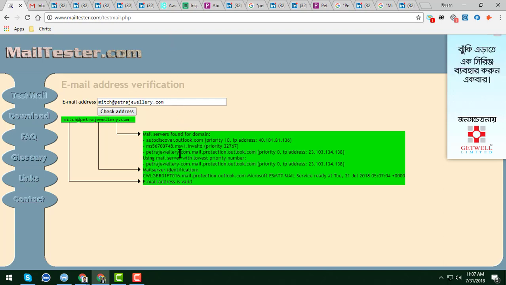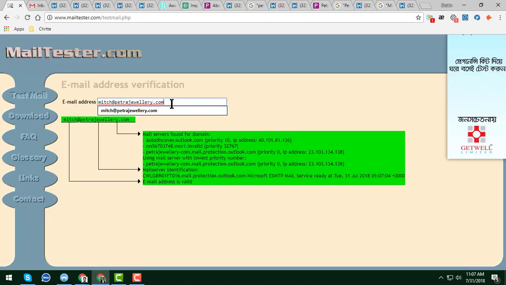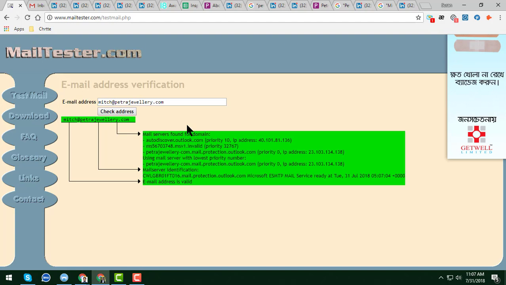Okay, so I just take this email address here. So this email address I already took. So after this, we can verify this email address with the help of mail tester. And another thing is that